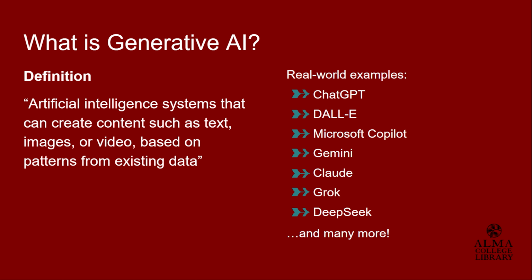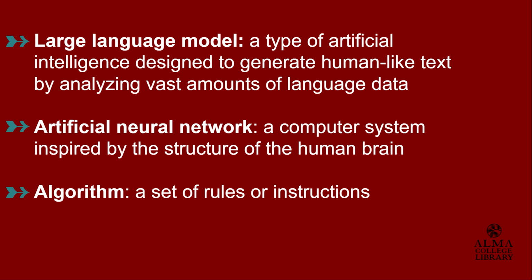To better understand how generative AI creates such realistic content, it's helpful to explore some of the core technologies behind it. Let's look at the popular large language model, ChatGPT, for example. A large language model is a type of artificial intelligence designed to generate human-like text by analyzing vast amounts of language data. It is built on an artificial neural network, which is a computer system inspired by the structure of the human brain, made up of layers of interconnected nodes that process information. These models use an algorithm, a set of rules or instructions, to learn patterns in data and then make predictions